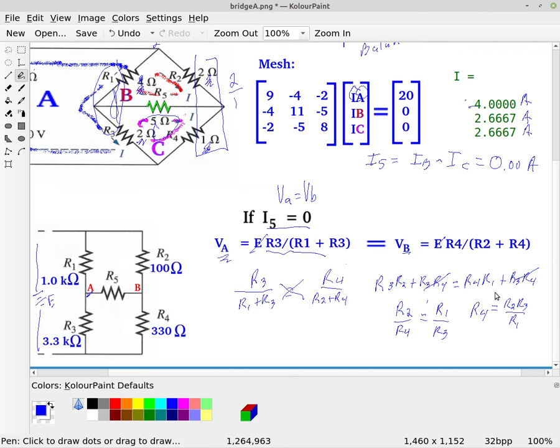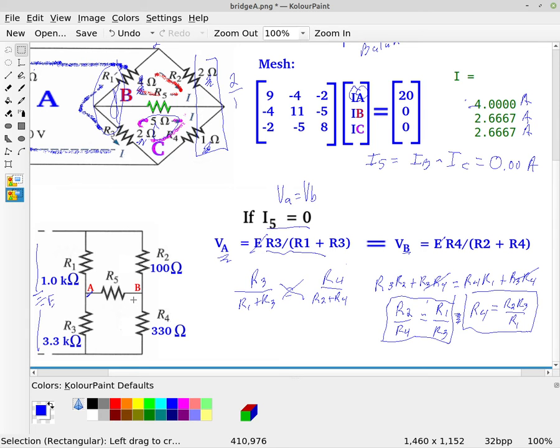All right, and so you can balance the bridge by using this ratio. So if you know 3 of the resistors, then you can find the resistor that will balance these out. And so it turns out that this bridge circuit is very important, because instead of simply having a resistor here